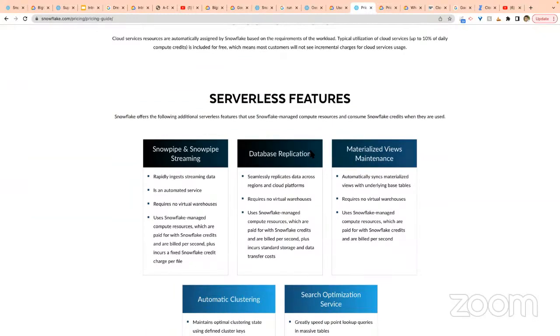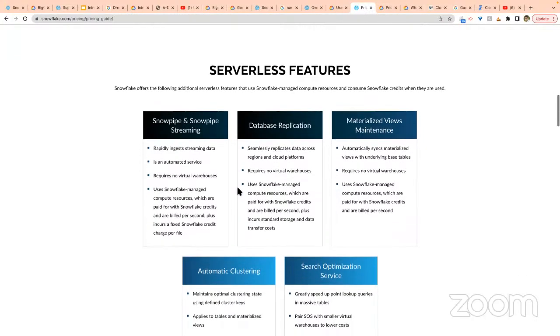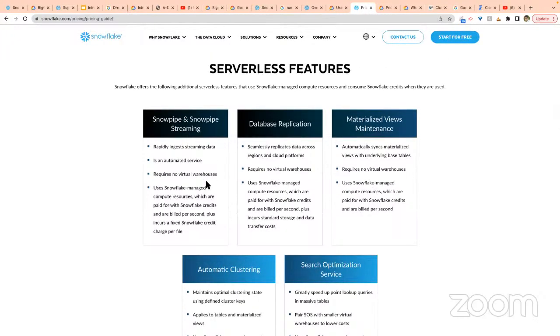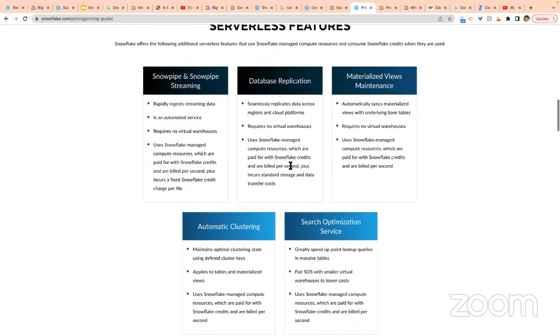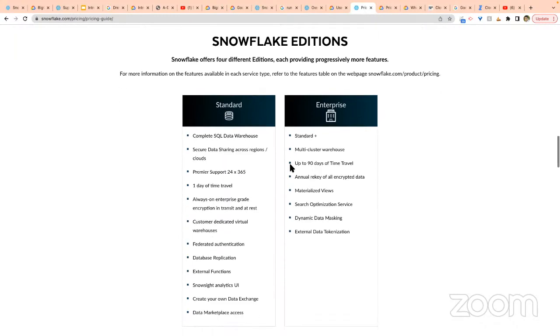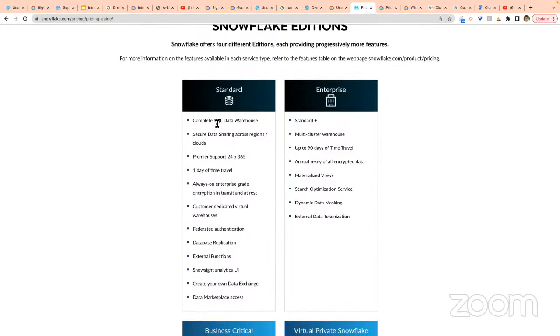So Snowflake is not like buying a car, but like renting a car and hiring Uber. Serverless features mean you pay for the processing, for the amount of data that you process. There are some serverless features within Snowflake. You can go into these details, but we can have a separate webinar on Snowpipe, materialized views, or specific areas. Right now, just understand that we have charges, and the charges will vary from edition to edition of Snowflake. This is the standard edition, and in the standard edition we get the data warehouse functionalities.